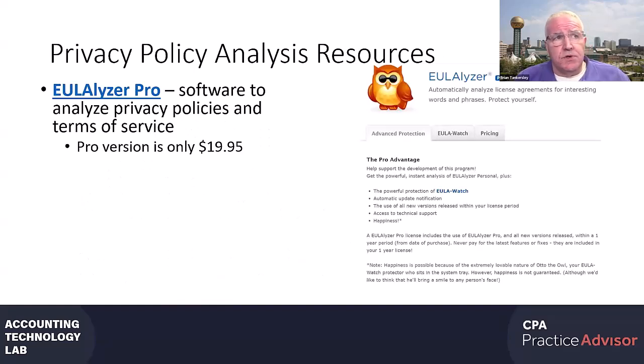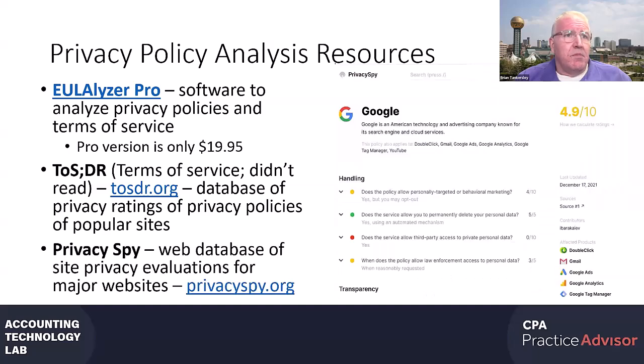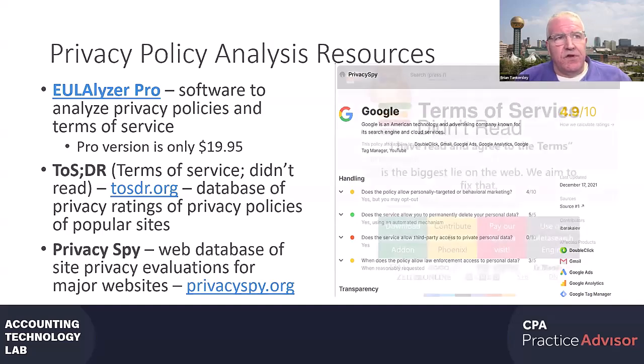Now, the good news is there are tools that you can get that'll help. So here's one called Utilizer. It's actually a free download, and you can use it for personal use for free. If you want to buy a license for it, it's $20. It can help you summarize it. I find honestly, ChatGPT V4 is probably a little bit better in my mind at summarizing these things than Utilizer is, but it's a tool that's available. There's another one called Terms of Service Didn't Read, TOSDR, at tosdr.org. It's a database of privacy ratings. This is more consumer oriented, but it's there. And you have Privacy Spy. That's another web database that seems like it's a little bit dated, but there's some stuff in here.